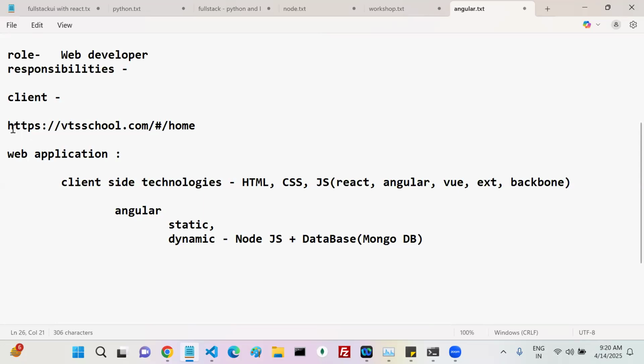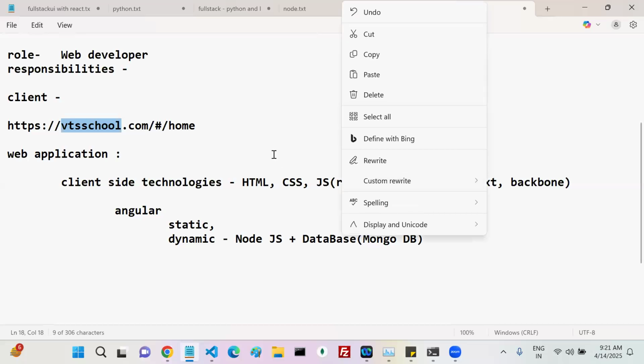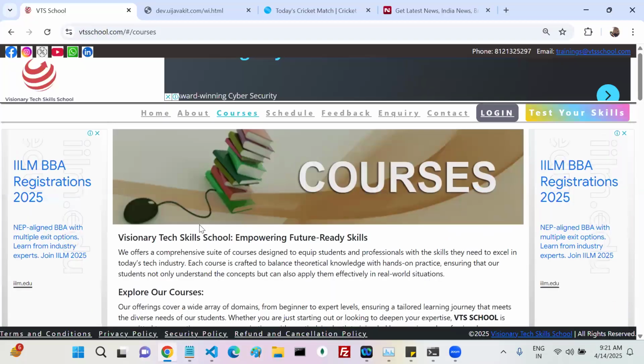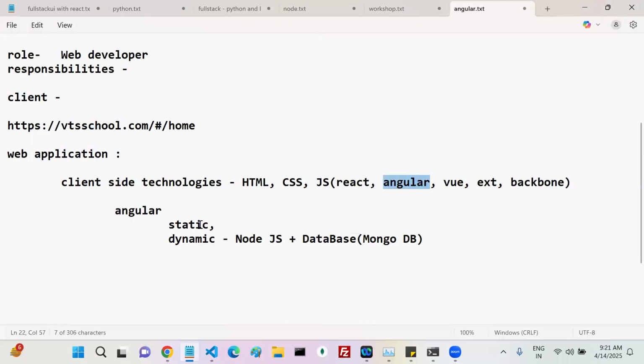See, my client gave this requirement. He said this application has to run in the browser, so I decided on a client side technology like Angular. After that I checked my client's requirements, and I decided we store the data within a database.